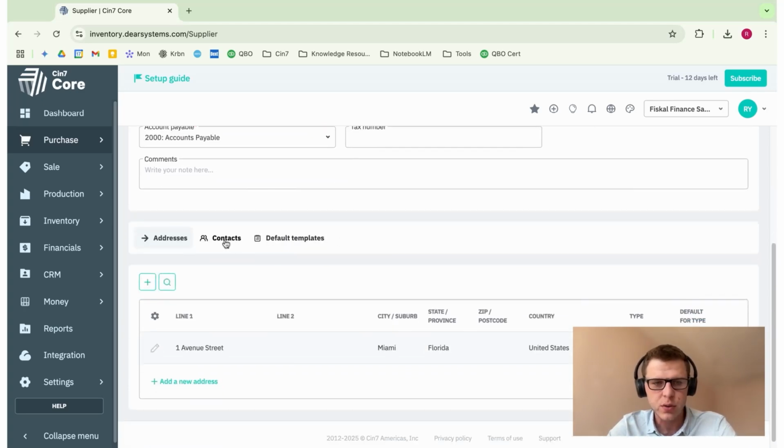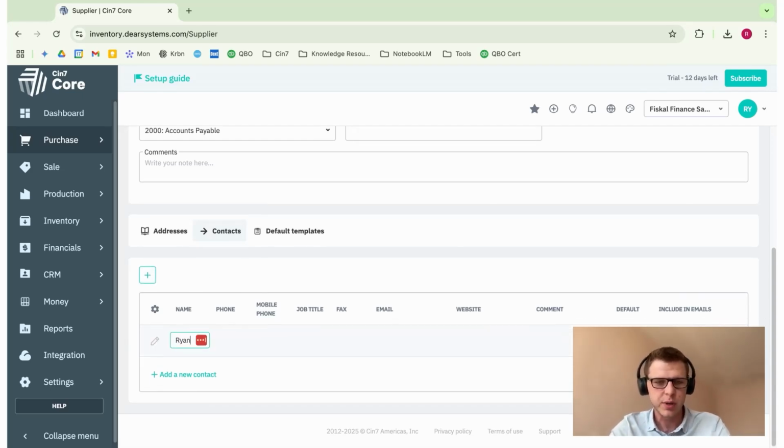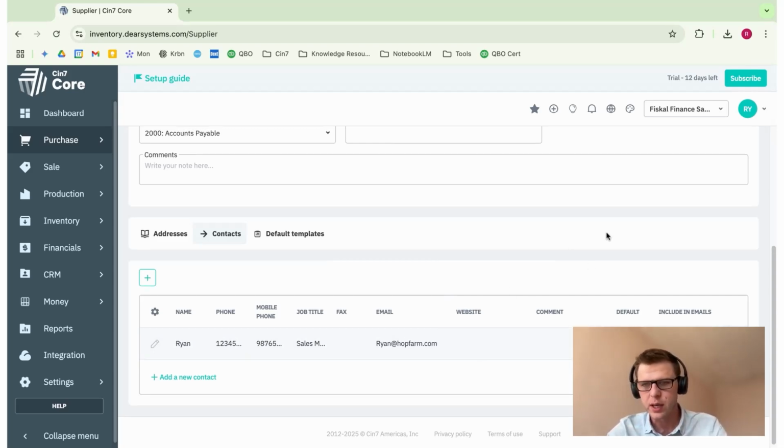And then we can go into the contacts over here, and we will select the plus icon. Right, so we speak with Ryan, and we put in his number, and we put in his cell phone number, and his job title is maybe operations manager, or maybe the sales manager over there is who we speak with, sales manager. We can put his email address, ryan@hopfarm.com. We put their websites and so on. Okay, now we can save